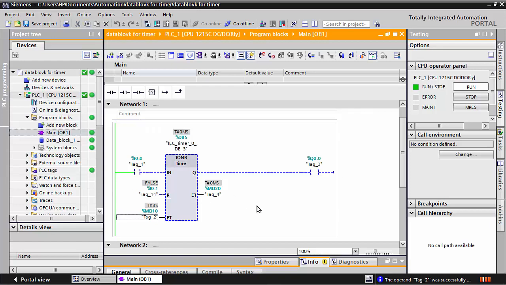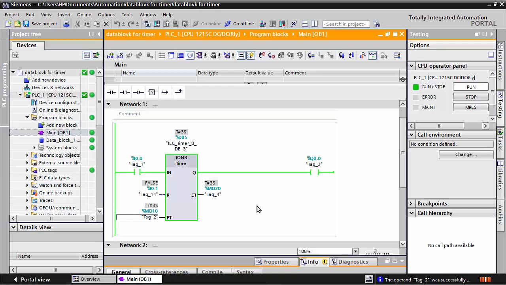I give 3 seconds to this timer. Now see, I give the signal, and see, where I stop the signal, this timer is stopped. And if I give the continuous signal, the time starts from there, and when 3 seconds are complete,